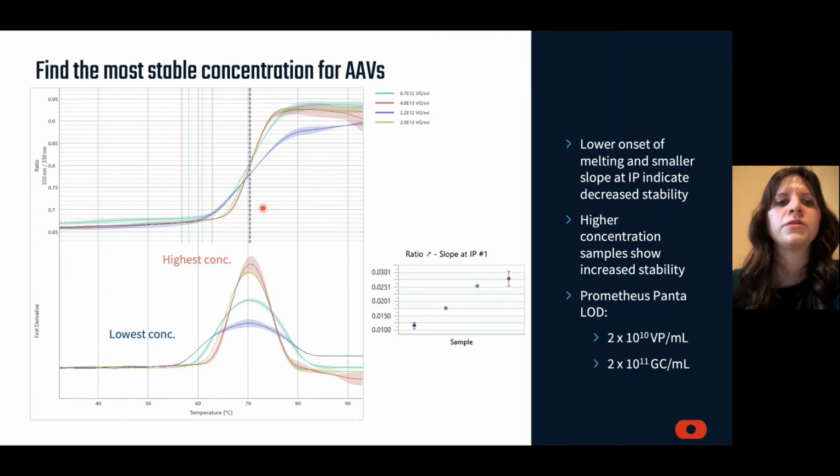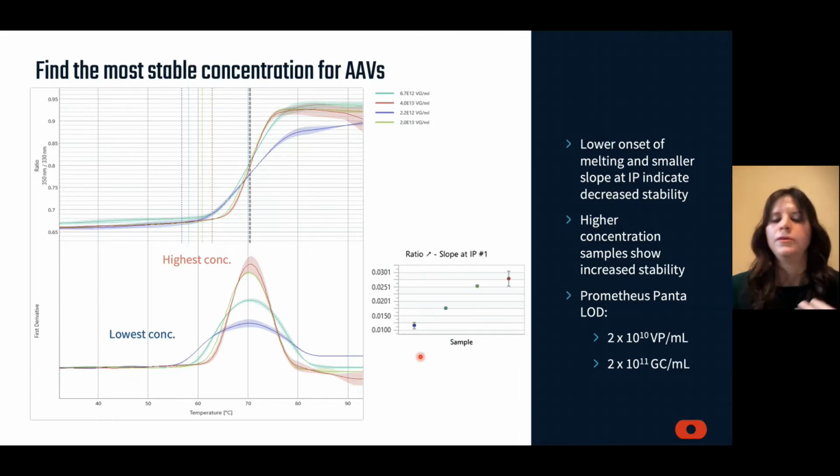concentration. And what you can see here is that the melting temperature does not change significantly, but there is this broadening of the first derivative peak, which can be more clearly seen by the slope at the inflection point, so how sharp this inflection point is versus the sample concentration. And again, as this peak broadens, or as the slope gets less severe, that is an indication of decreased stability